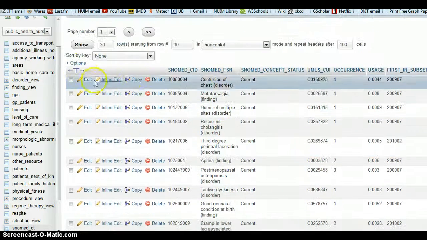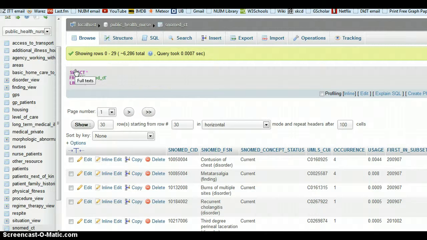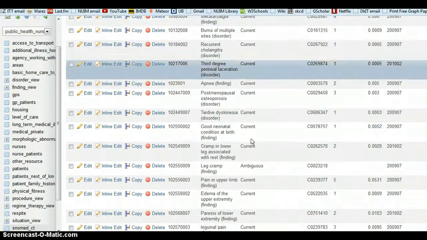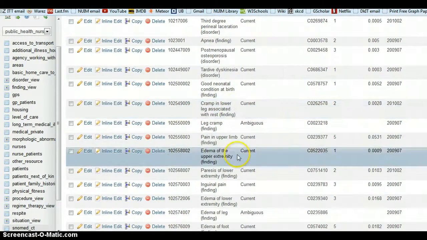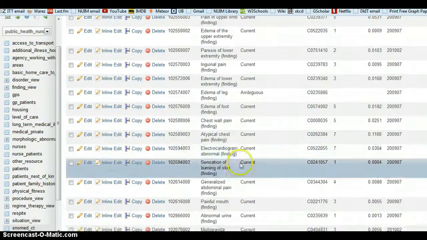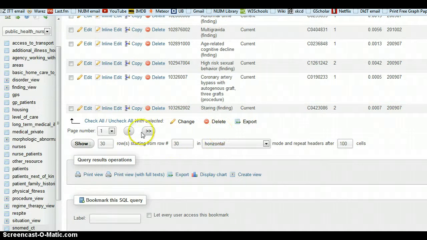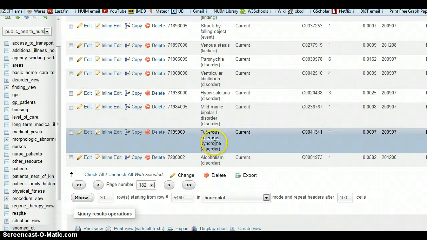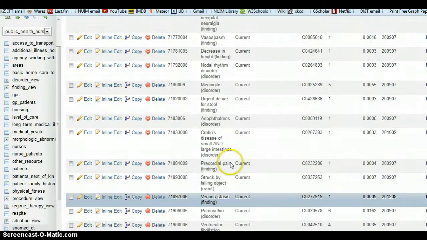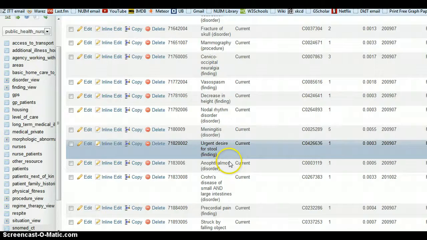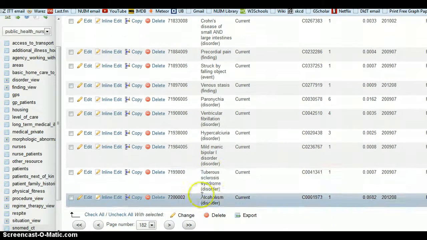That's a finding, but in procedures, there's 210 pages of 30,